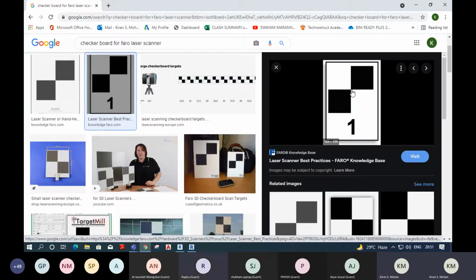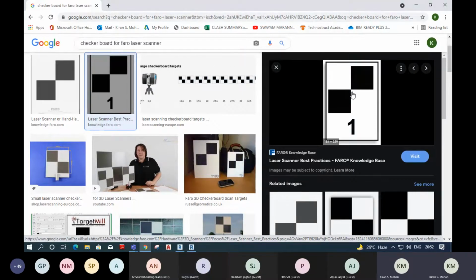Before scanning, the survey team at the site will come to you, and they will scan this particular location's survey data, and they will give it to you. So you can write it down, or you can take a printout using an Excel sheet. And during the registration process, you can add this data. That's another method. Either you add it inside the machine during the scanning, or during registration you can use this method. Both are okay.